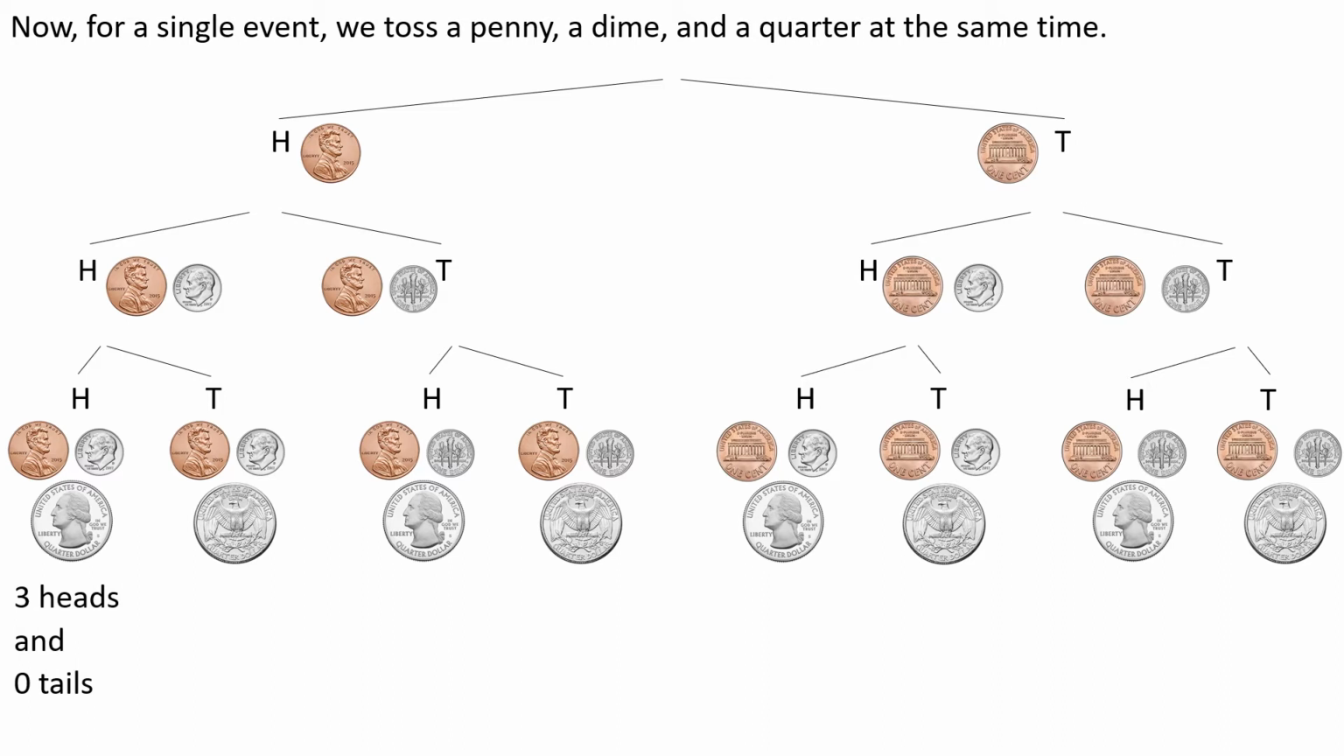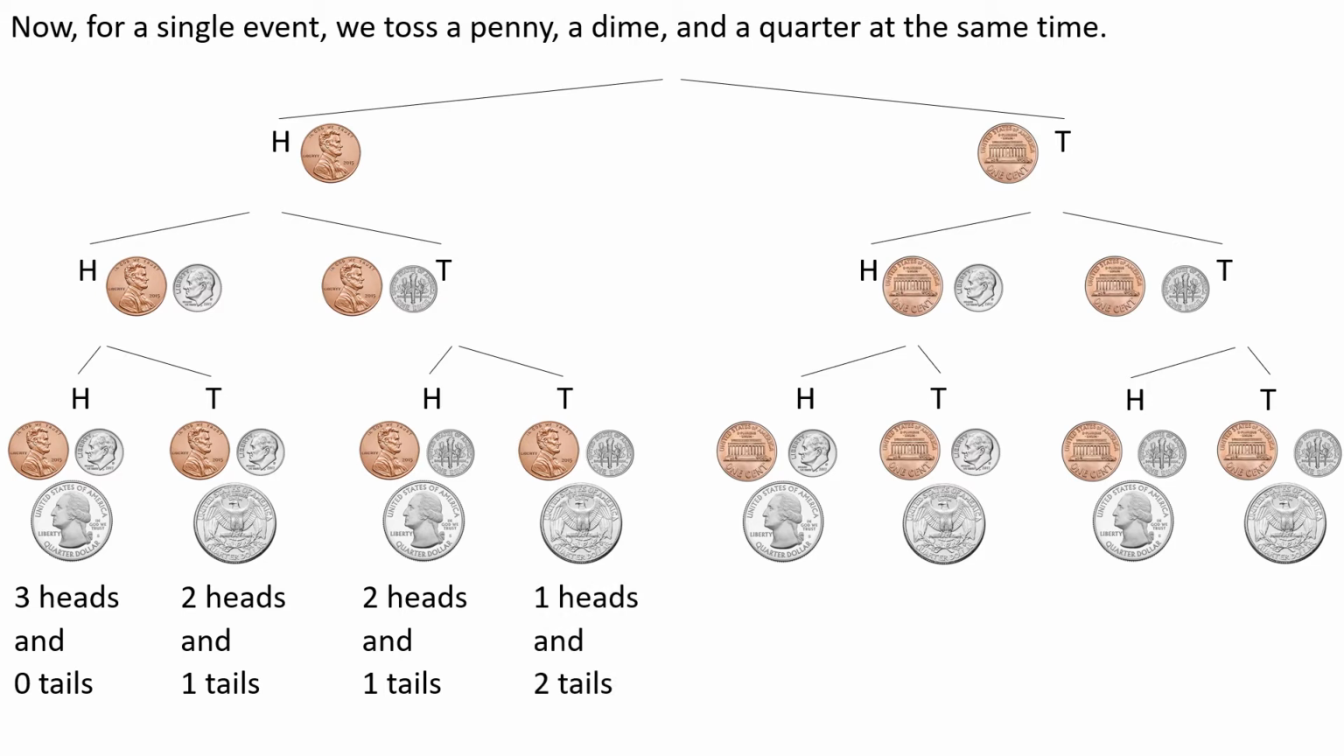The first end has 3 heads and no tails. The next one has 2 heads and 1 tails. The next one also has 2 heads and 1 tails, but notice they're different, right? On the first one, it was the penny and the dime that were heads. On this one, it's the penny and the quarter that are heads. Now there's only 1